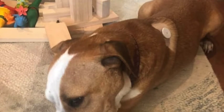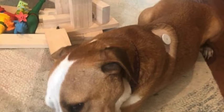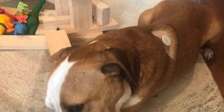Some do have some irritation, so we find that some dogs can scratch at it. That's the main downside: if they decide it was a little bit itchy and scratch it off, then all of a sudden you're out the cost of a sensor. If there are vets out there who want to try it, but haven't done it before,